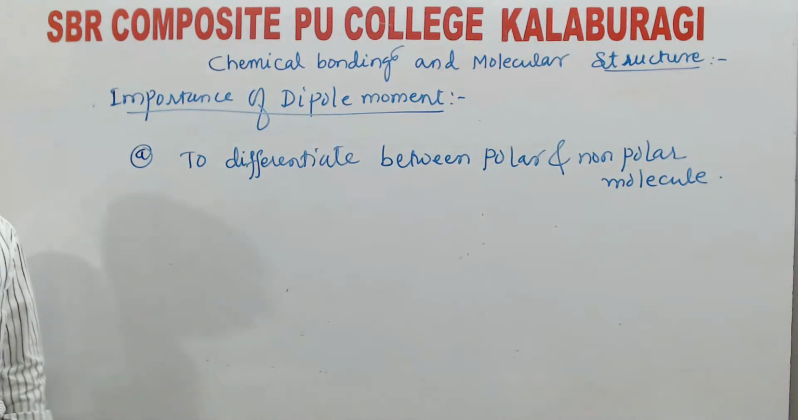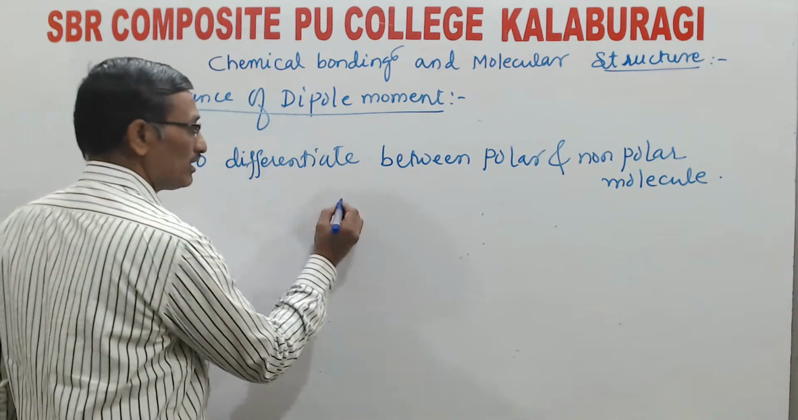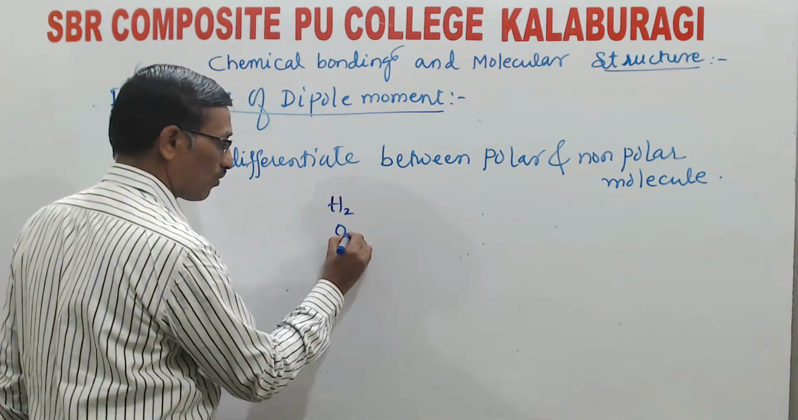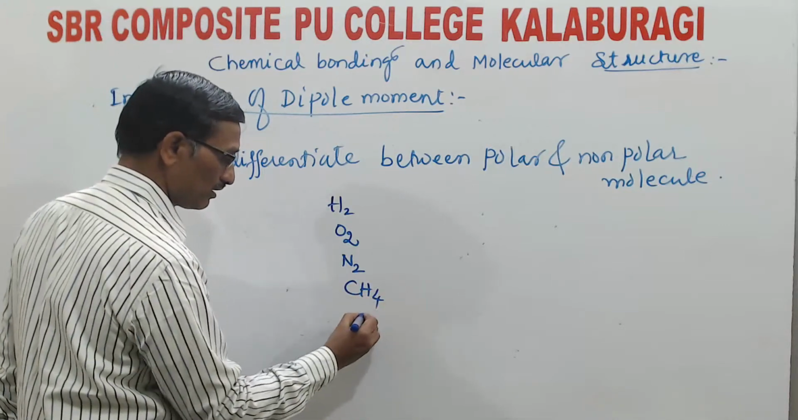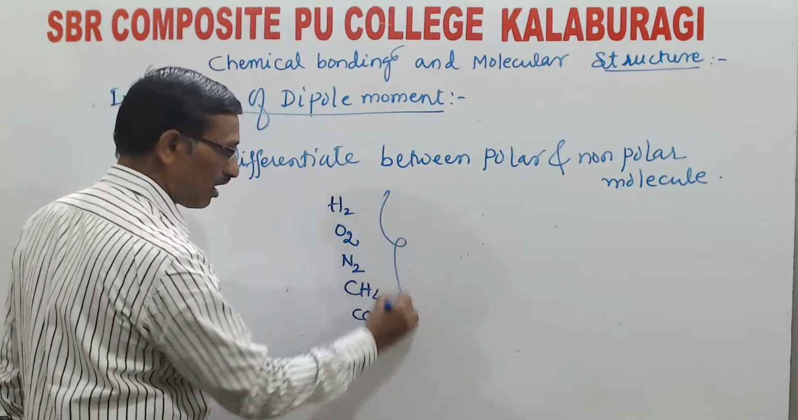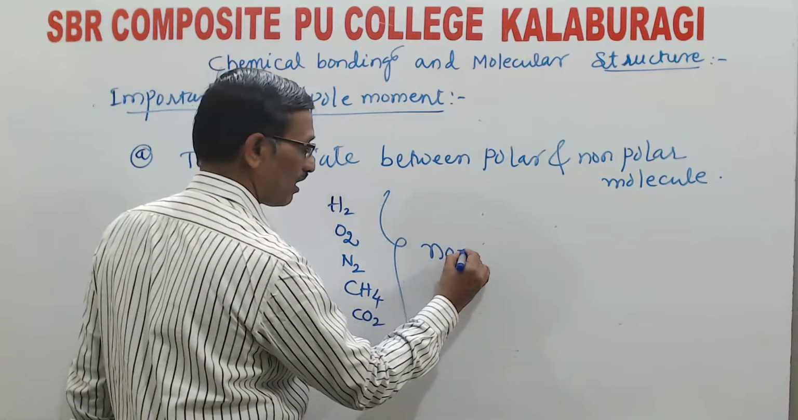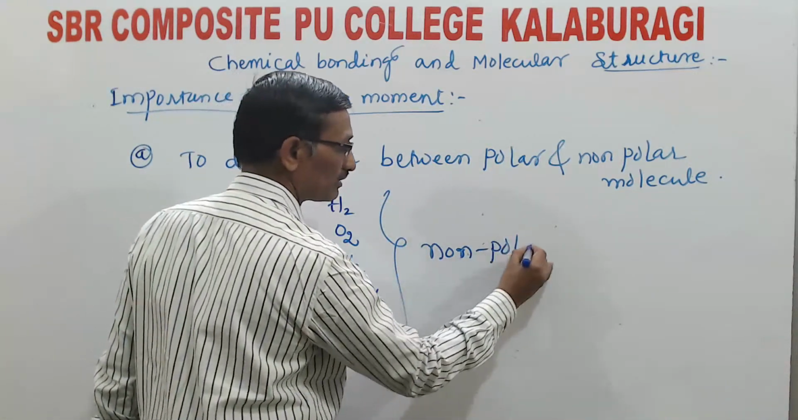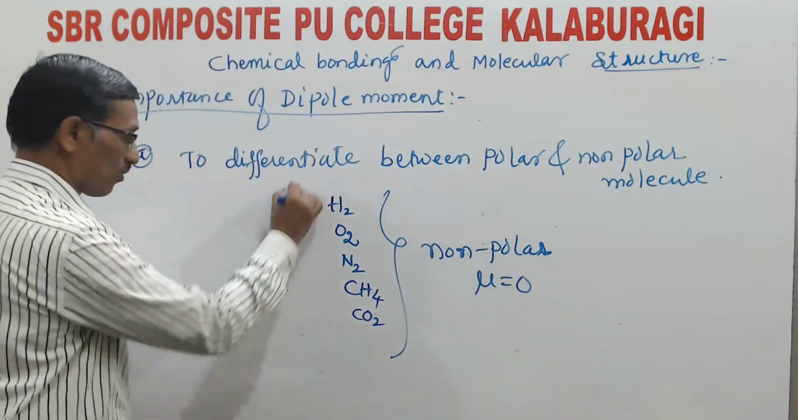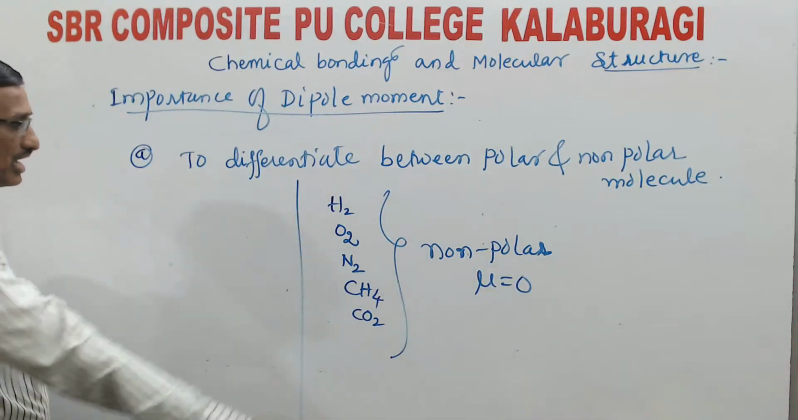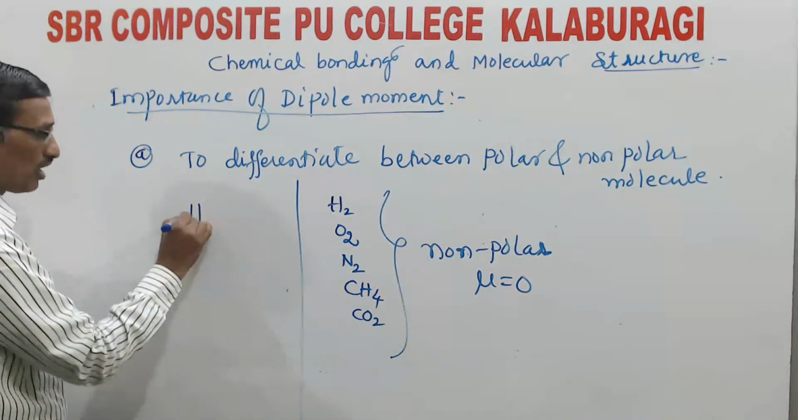To differentiate between polar and non-polar molecules, how? Very simple. If I write H2, O2, N2, methane, carbon dioxide, all these are non-polar. The reason for this is their dipole moment value is 0. On the other hand, I will take water,